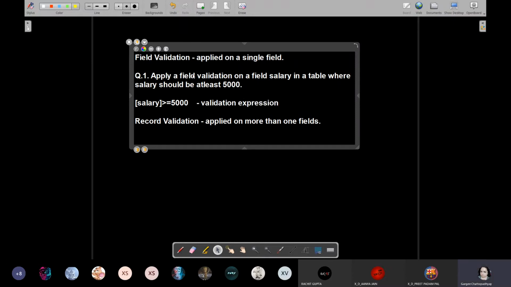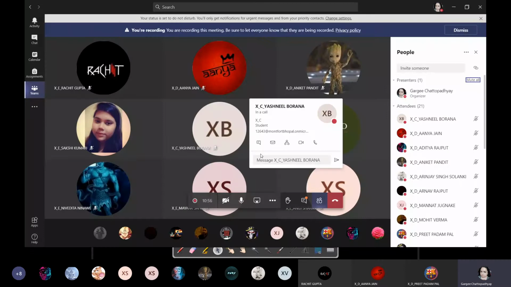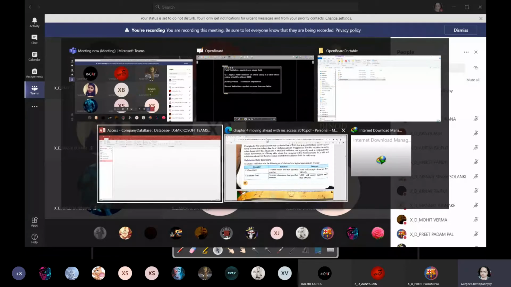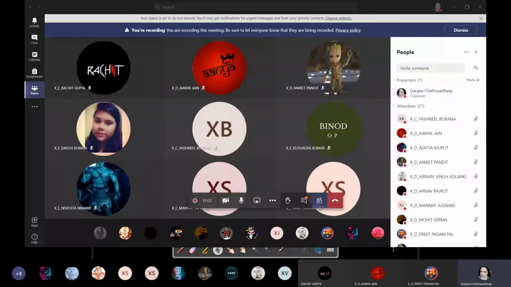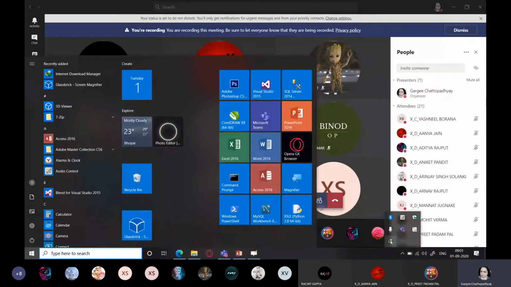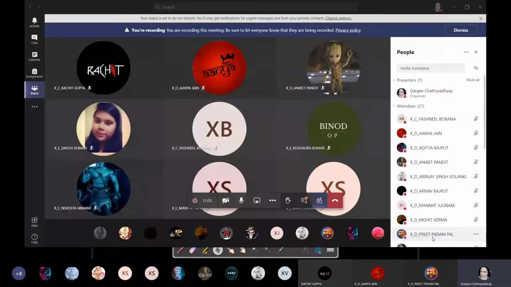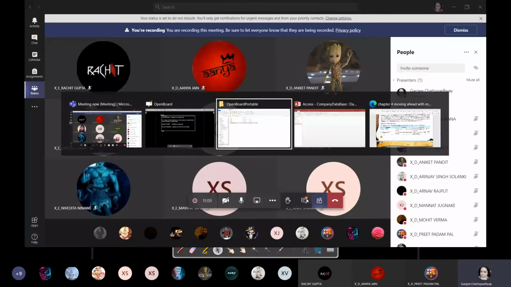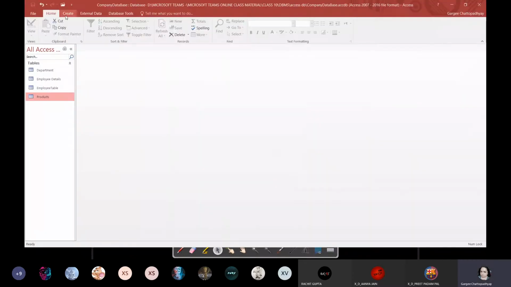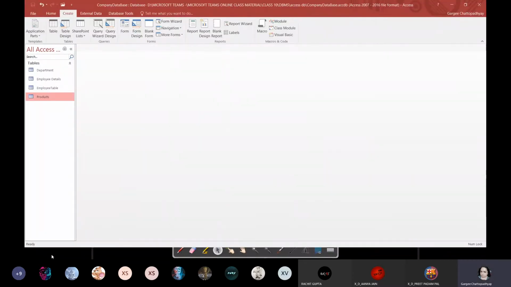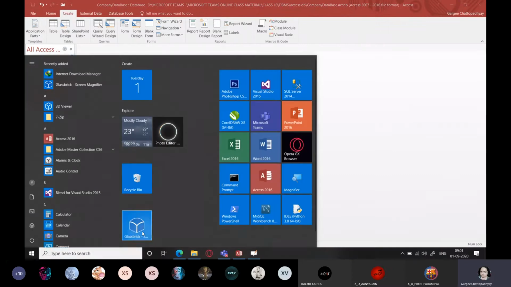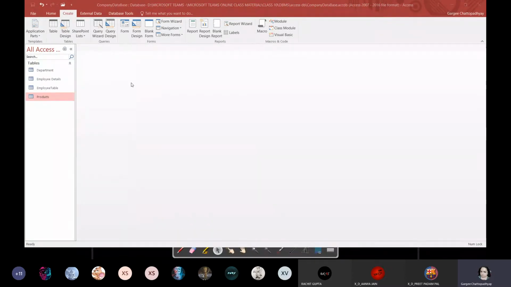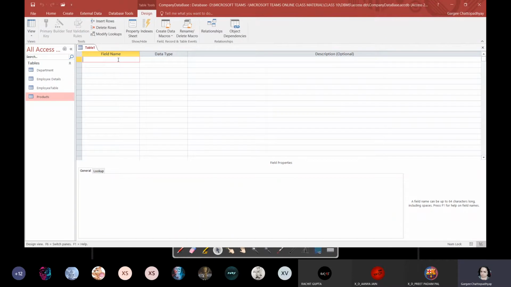Okay, now let us apply this on our table. So we will go back to the table and we will apply this. One sec, let me switch off some extra software. We'll go back to Access. So this is Access and I'm going to create a table, and this table is going to be a dummy table which will contain all the different fields which we use for either data validation or for input mask. So we'll go to table design and we'll create some fields over here.